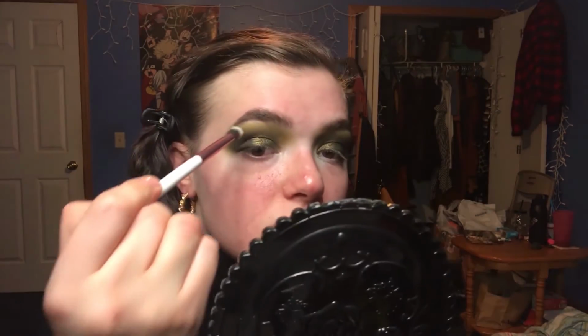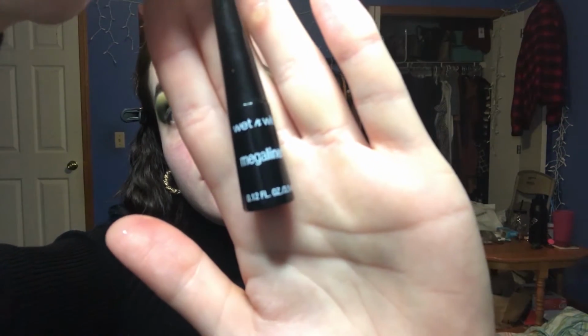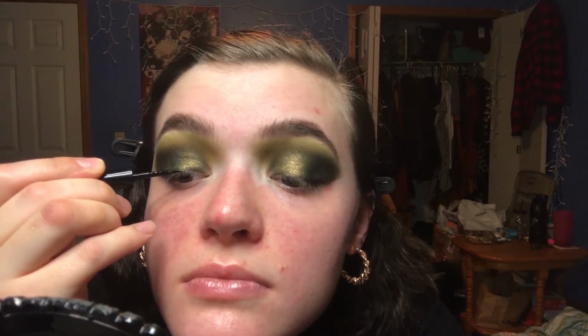the Matte+Poreless powder in 100 translucent. This is just to put on my brow bone, because I feel like I always end up making the shadow go way too high, and it basically erases any eyebrow bone that I have, which isn't very much. But now I'm just using the Wet n Wild Megaliner